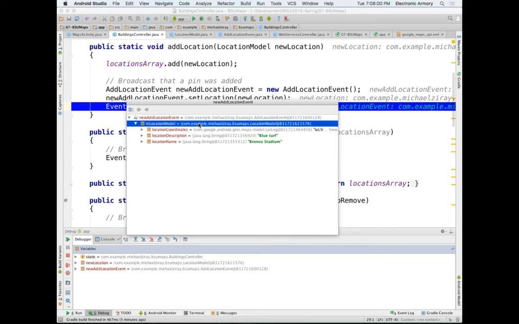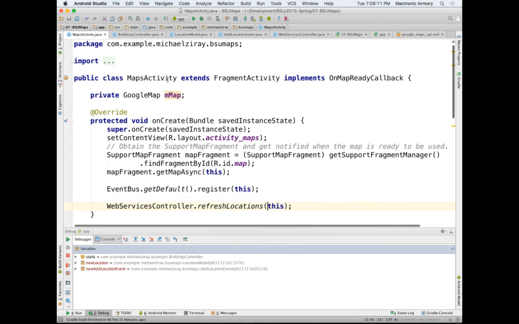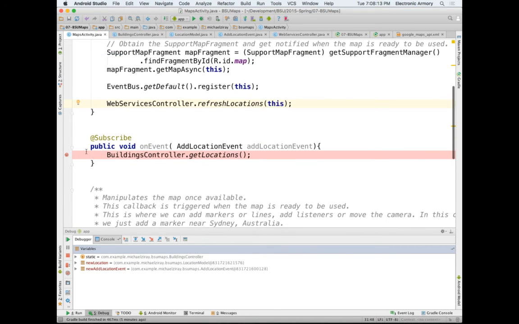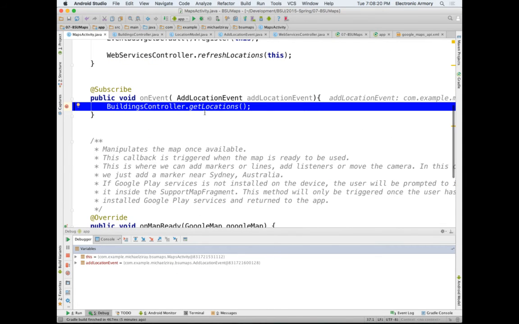That's fine. And then I'm going to say EventBus, get default EventBus, and then post that event to anybody that cares about it. And I do believe my maps activity cares about it. Yep, so I have a breakpoint there. So if I hit the play button, you can see now that this on event was called, but if I go to the stack trace, which is, oh wait,